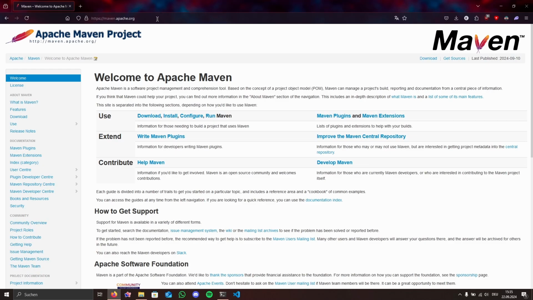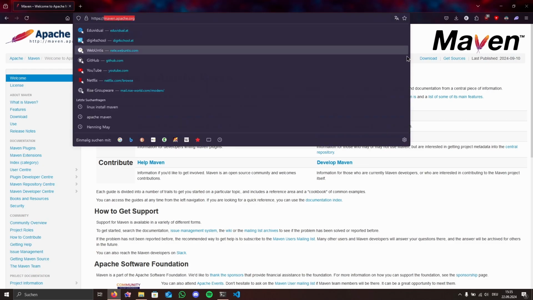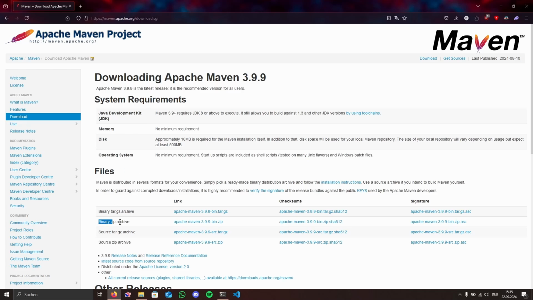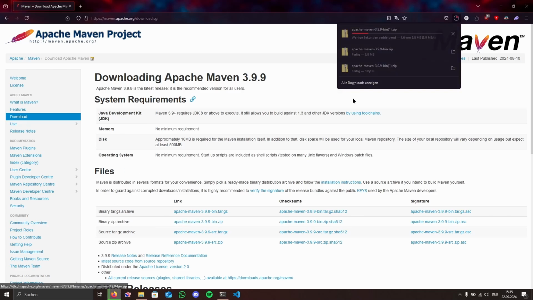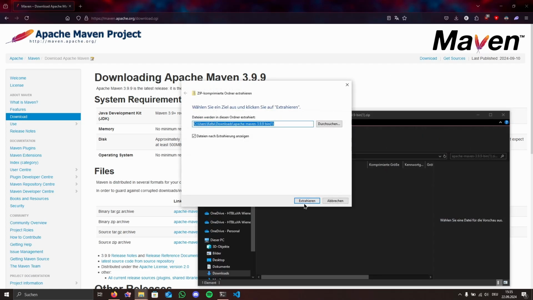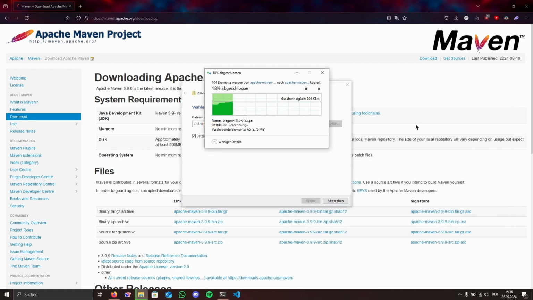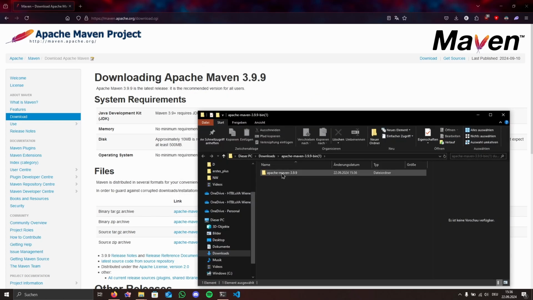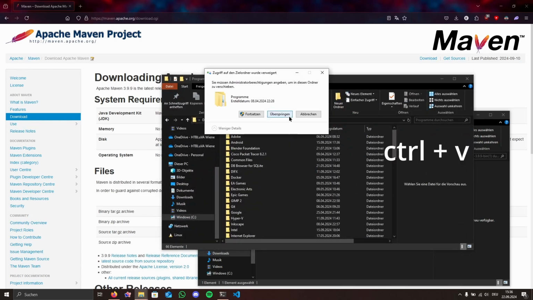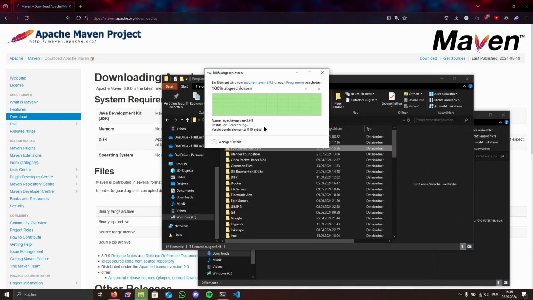Here open your web browser and go to maven.apache.org and then click on download and download the binary zip archive. Now once the download is finished, open it up and extract it. Location doesn't really matter because we're going to copy it over to the program files folder now. So I'm going to hit Ctrl X, go to my program files folder, Ctrl V, confirm it, and now it's